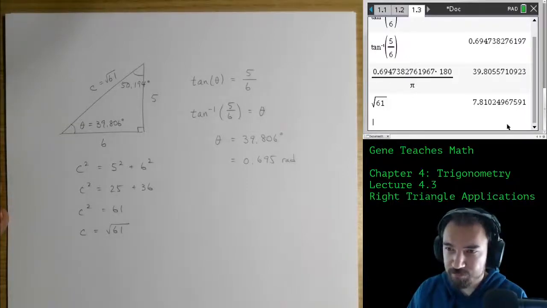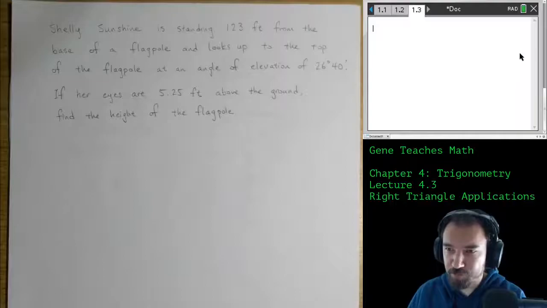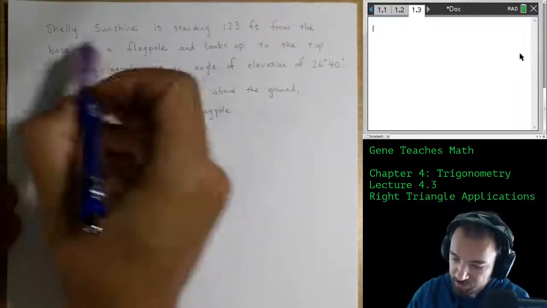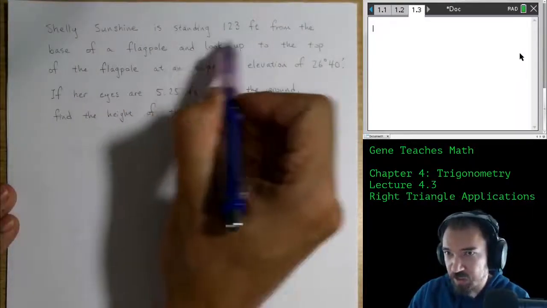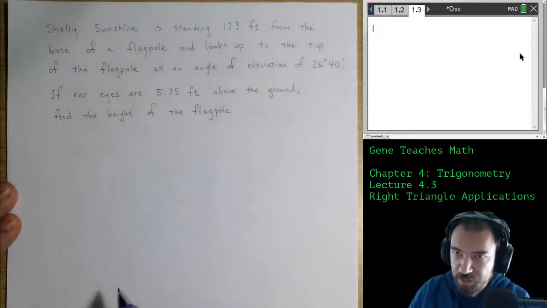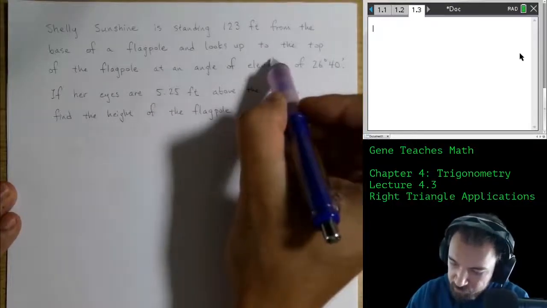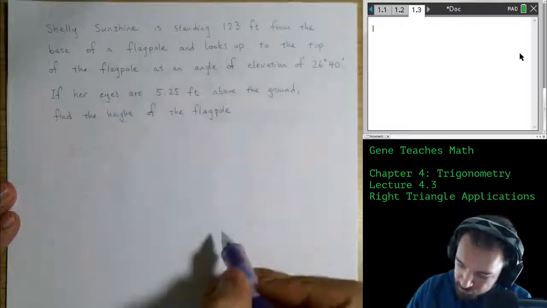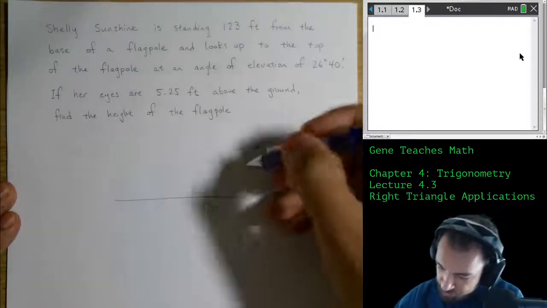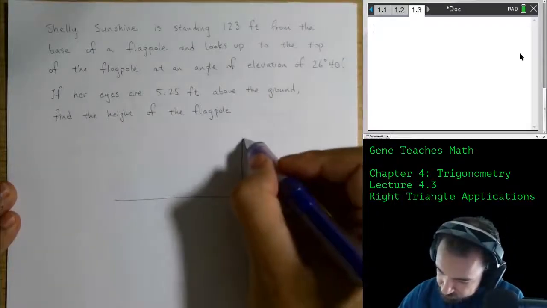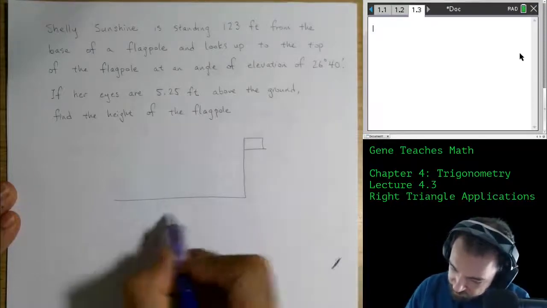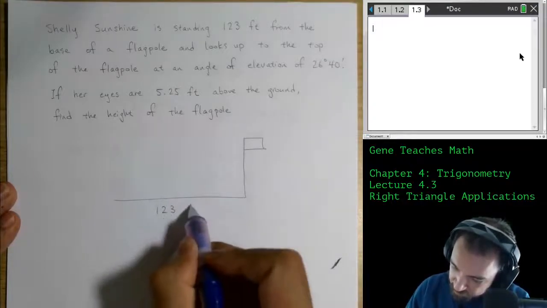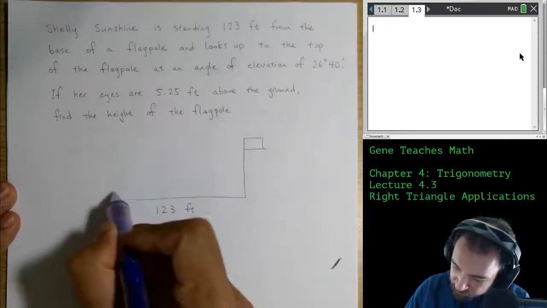That's all we need. Let's do an application problem, shall we? So we have a certain character standing 123 feet from the base of a flagpole, and she looks up to the top of the flagpole. So let's start with a picture. Here is my flagpole, and the base is 123 feet away from the character,